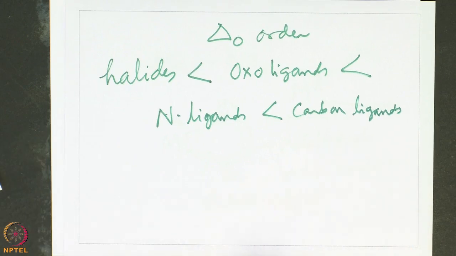So, how do we explain this? Can we explain this based on the electronegativity principle? Several of the students in the class agreed on this when I asked the question, and very few disagreed. In fact, it is those few who disagreed who are right. You can explain this using electronegativity only to a partial extent, not to a complete extent.